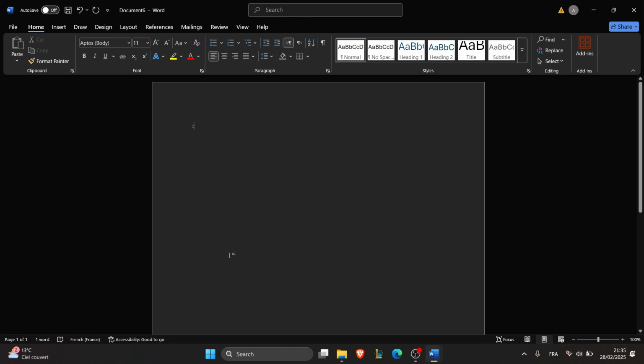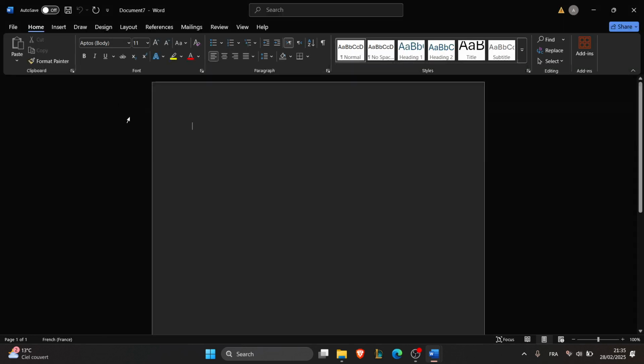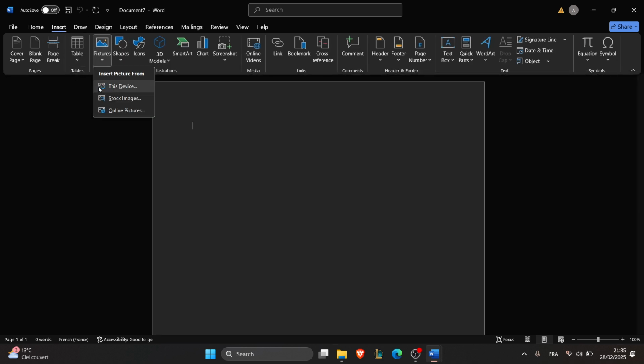We're gonna start by the first step, which is to insert and select the picture. And before you do that, make sure you create a new blank document and then go to insert section, click on it, and then search for pictures here and click on it. Then from this drop down menu, click on